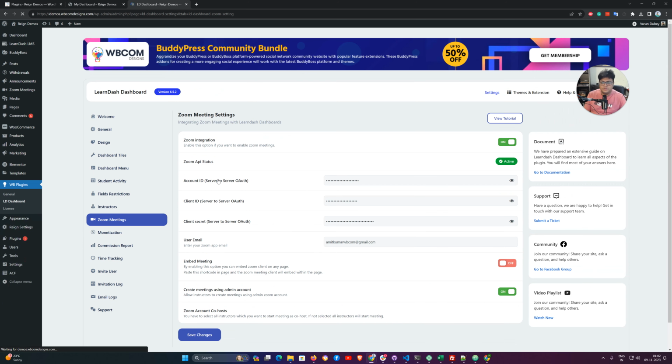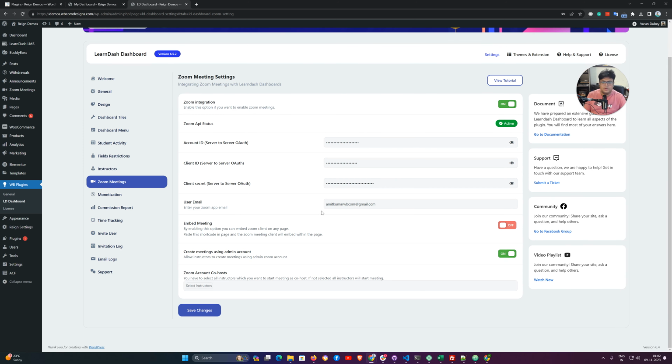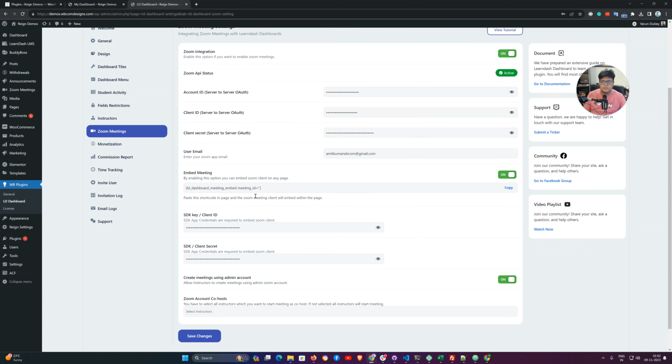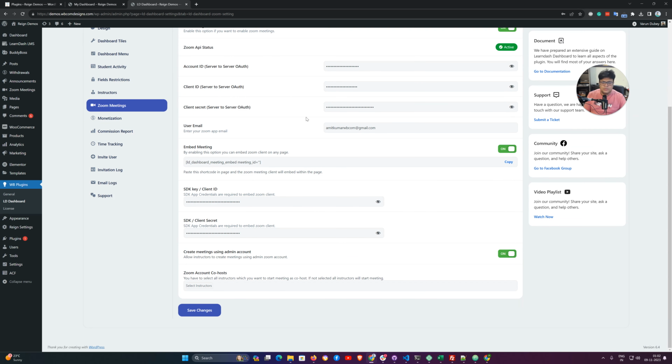So we have a Zoom meeting option, and there's an option to enable it. Once it is enabled, you have to configure the options for it, like you include the API key details with client ID, client secret key, and user email. If you want to share the same API key with the instructor, you have to select which instructor can be included as a co-host to your Zoom account. In that way,